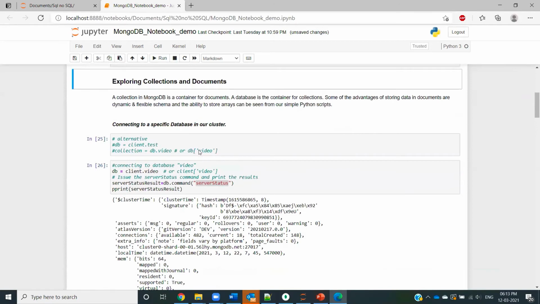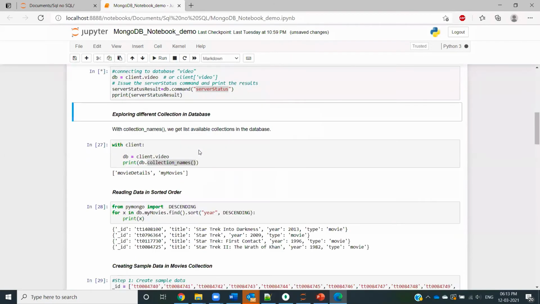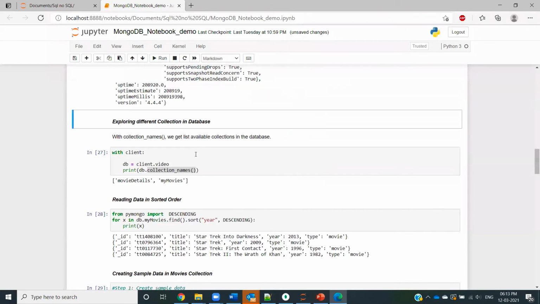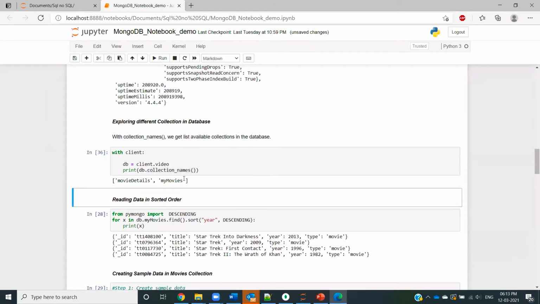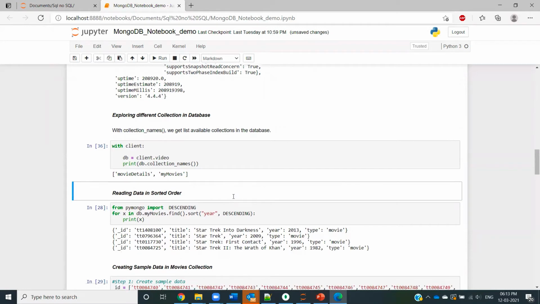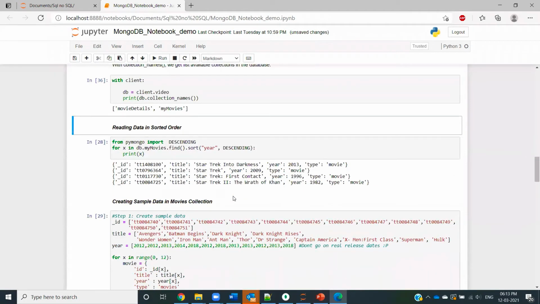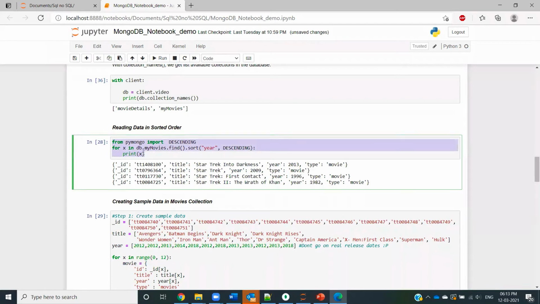The connection has been made. I get the status that I have been connected to the database, and these are the collections inside this specific database. Now, this is the command that we have reviewed before, and it works the way I mentioned: it is finding all the documents in the collection My Movies, and sorting these documents while fetching them according to year in descending order.